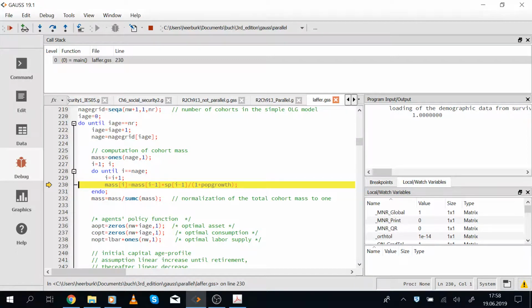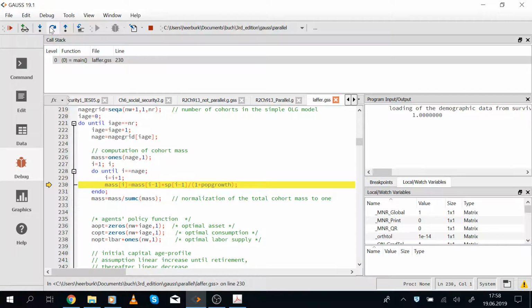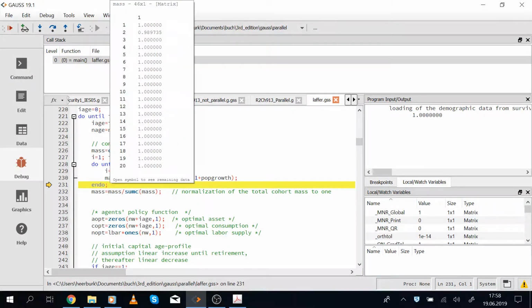So the 20-year-old grow by pop growth and die and only survive with probability of 99.91%. So in this case, we have computed the mass of the 21-year-old as 0.9897, and we can continue so